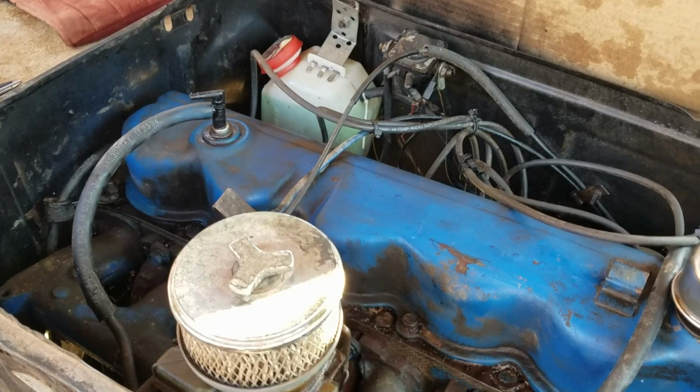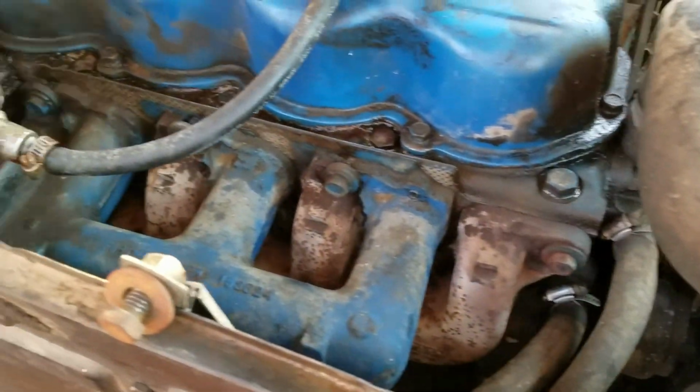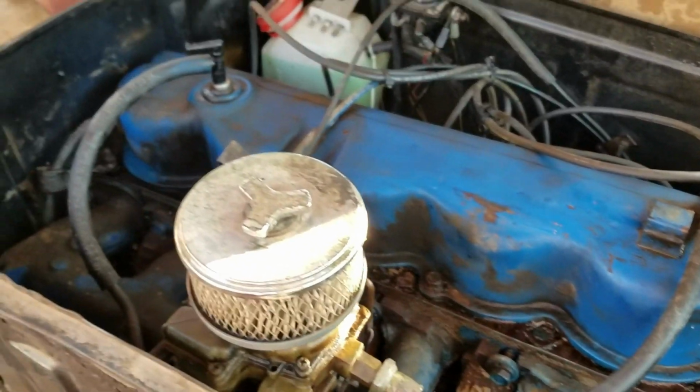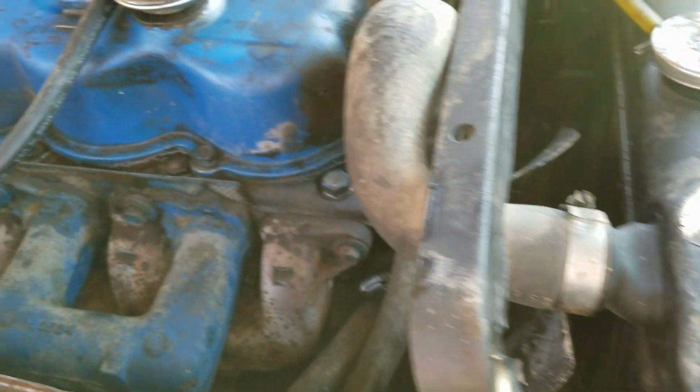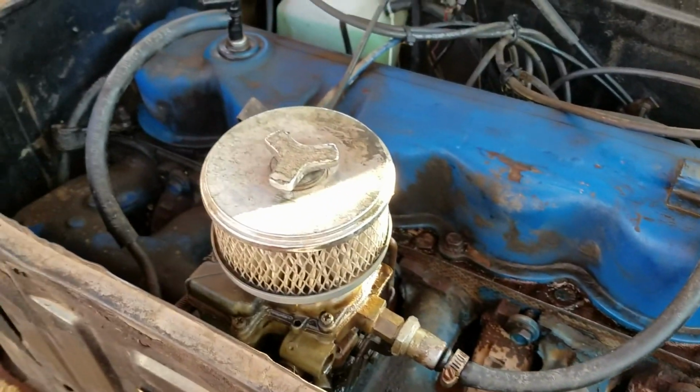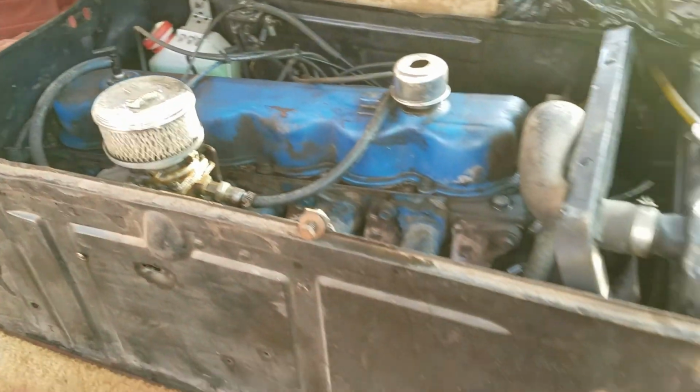So I did a little degreasing, got about probably 80% of it off. Looks pretty good. Not fabulous, but looks pretty good. We're gonna see if this thing actually starts. And then I did take it for its drive, and I went down to the local